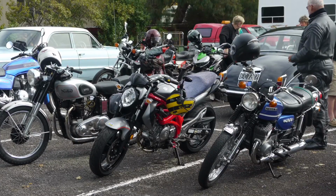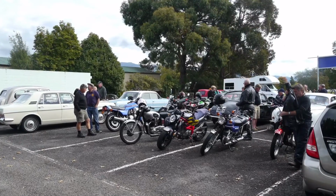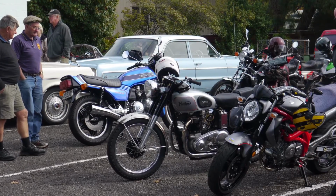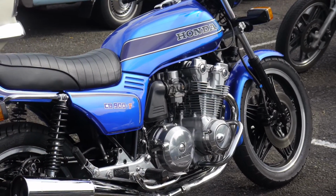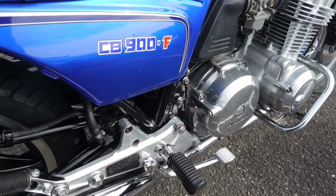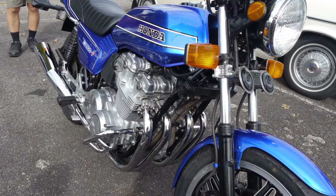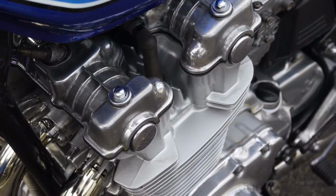This young man's mother was the secretary of the Tauranga classic motorcycles club over there. And in the background you can see the blue bike, which is Mr. Patterson's CB 900F, and this has been restored. This is a very well restored motorcycle, and the attention to detail can be seen. This was purchased, and the motor was in good condition, but then everything else you see here